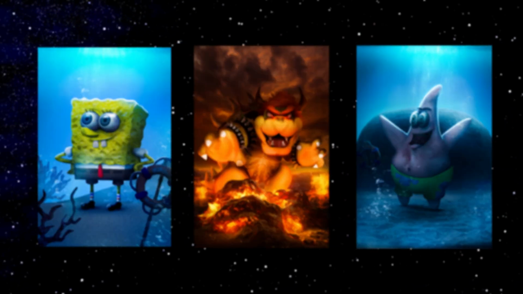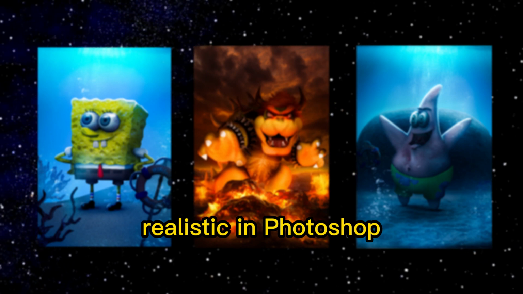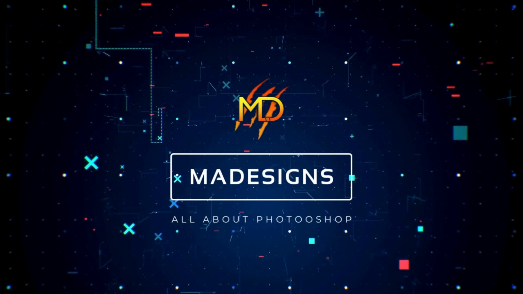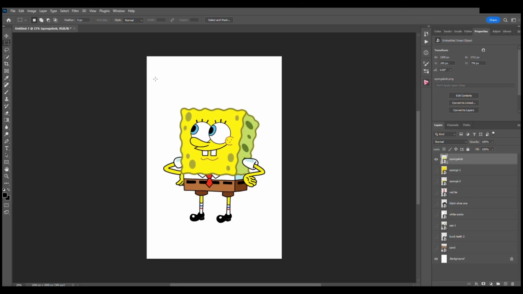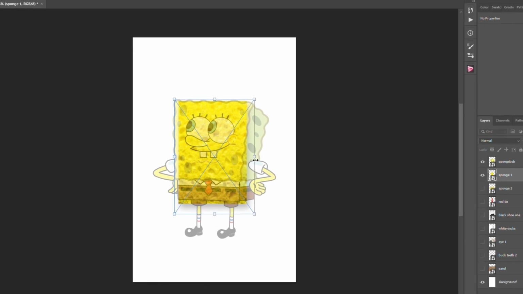In this video, we're going to be making 3 of your favorite cartoons realistic in Photoshop. Let's start this off with everyone's favorite character, SpongeBob. Let's go. First, we're just going to start off with a picture of SpongeBob and then add in a sponge